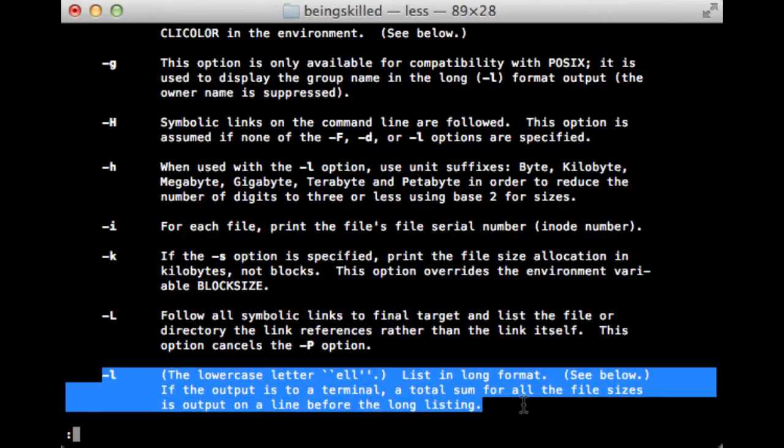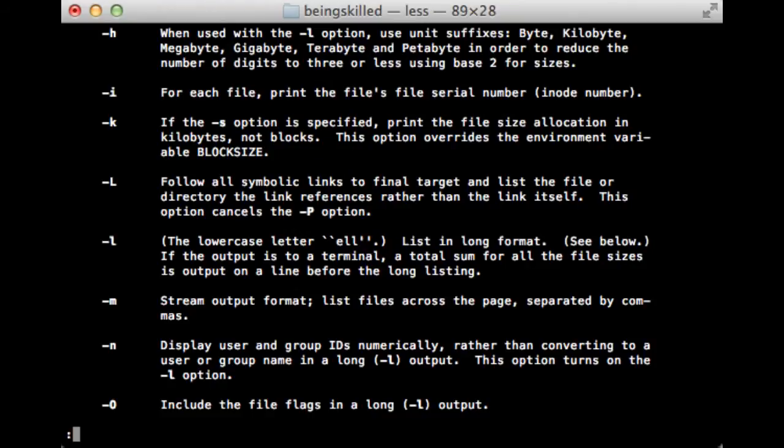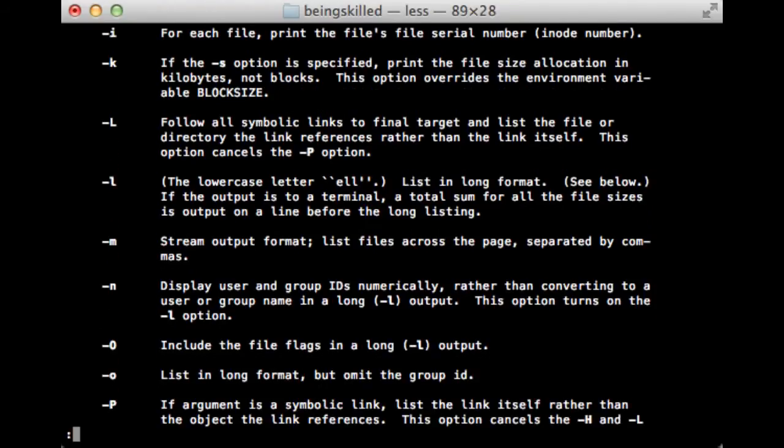It will show you the total sum of all the file sizes, and then it will show you important details like what are the different permissions available for a particular file, who is the owner of the file, what is the size of the file, and the date of modification of that file, which will be very useful for us. And obviously we can experiment with these parameters whenever we want.